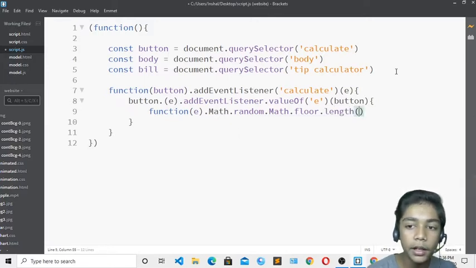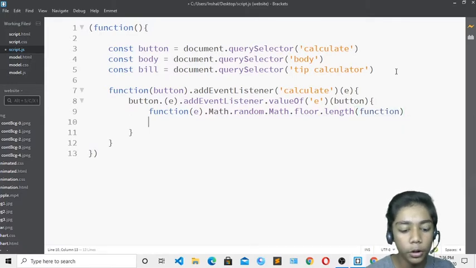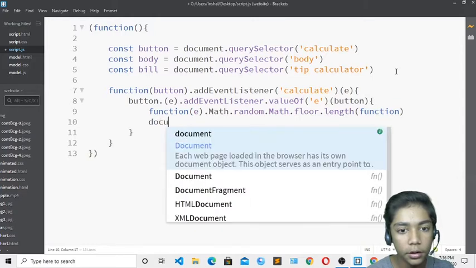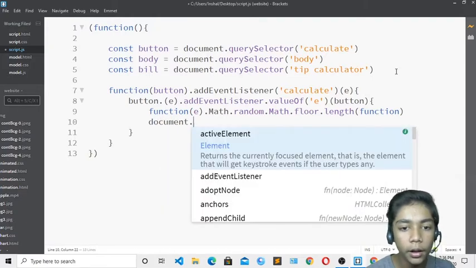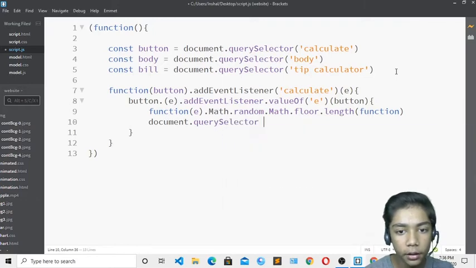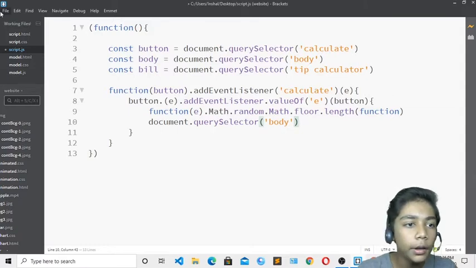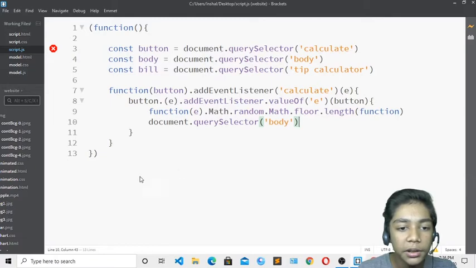So when you have done that, come underneath and write function again, because function is really important to write document, okay. So we have just written the incorrect spelling. So document dot I will write over here query selector, and now here I will write body, because I'm defining all these things in body. Now it is enough, you have just done that. Just save, because like I've been telling you, this was just a small JavaScript.